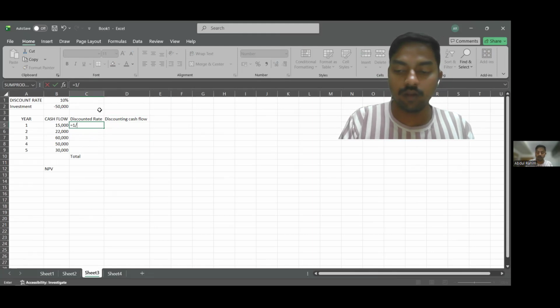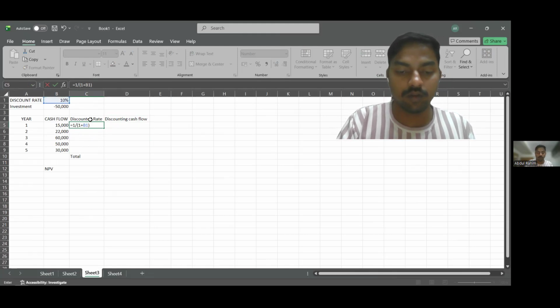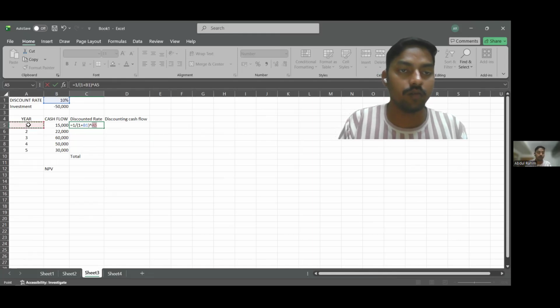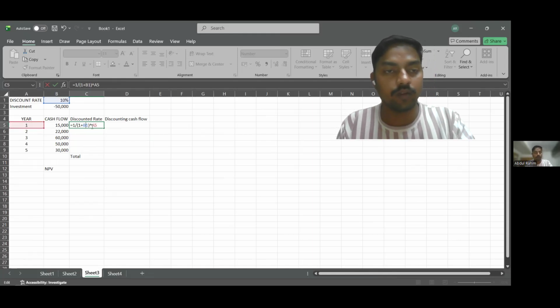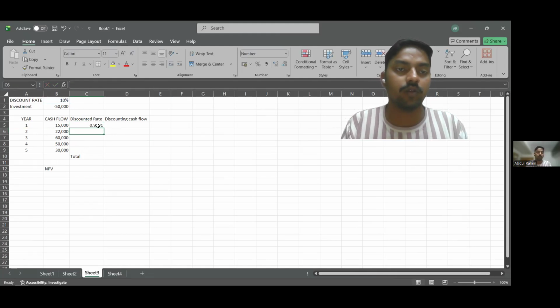1 divided by bracket 1 plus this one, bracket close, power year. So for the first year, we are going to freeze this one by F4 or dollar sign, so the rate cannot change for the next 5 years. So for the first year it is 0.9091, and just double click here